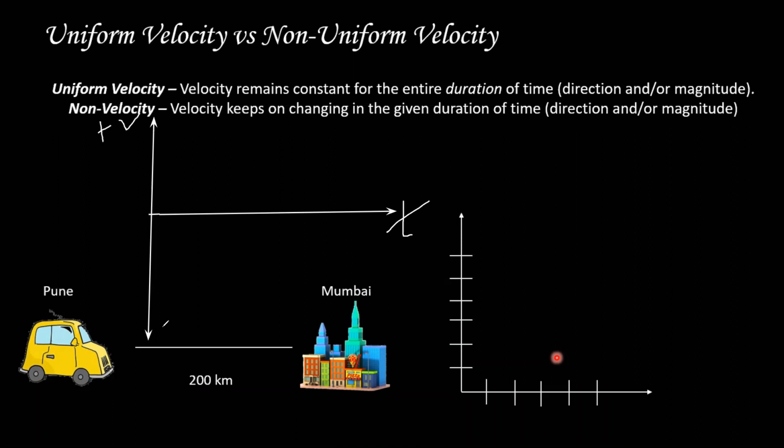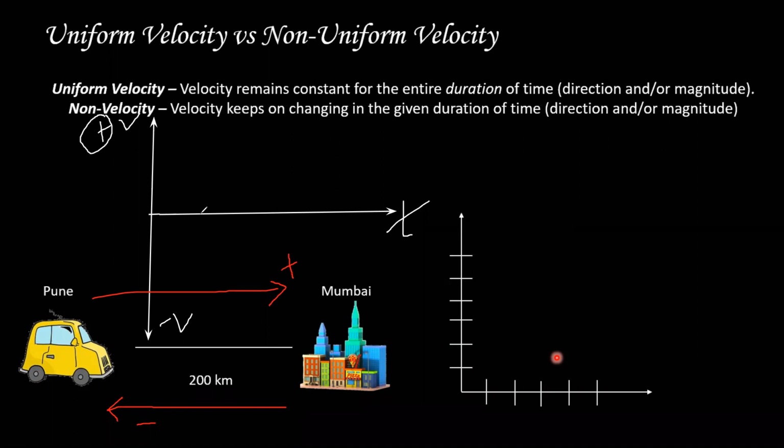This is plus velocity and this is minus velocity. Now why have I done this? Now you may ask, bhaiya ye minus plus velocity kyun hai? Last time what I told you, don't forget it. Plus means in the straight forward direction. Okay. So if my car is going from Pune to Mumbai right now, like this, I would say that is the positive direction or the forward direction. So I would say plus. And if my car is going from Mumbai to Pune like this, I would say it is in the negative direction. Negative doesn't mean that it has negative speed or velocity. It just is showing the direction. Negative is like in the opposite direction. सिर्फ direction दिखाने के लिए sign लेते हैं हम लोग.